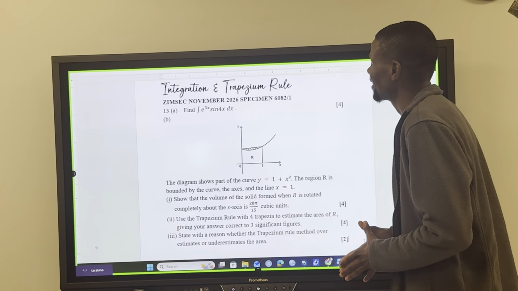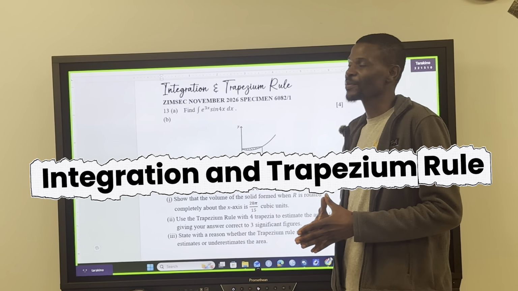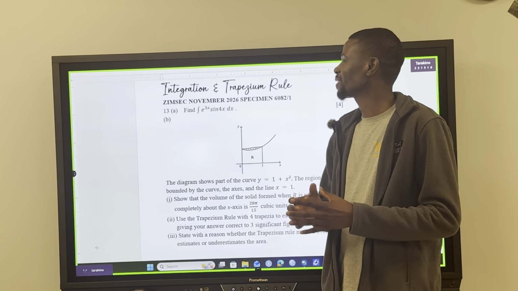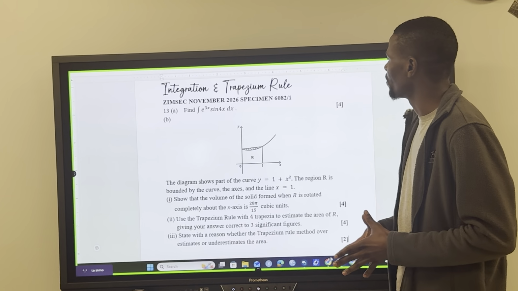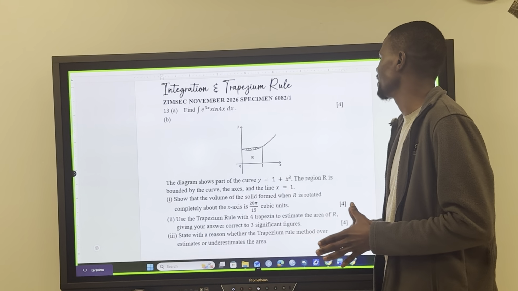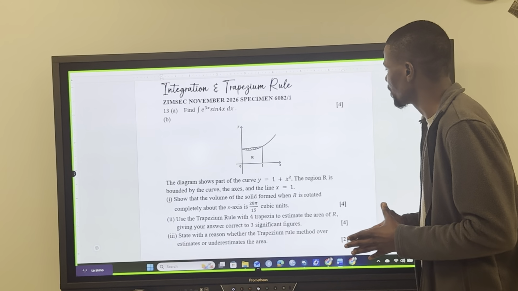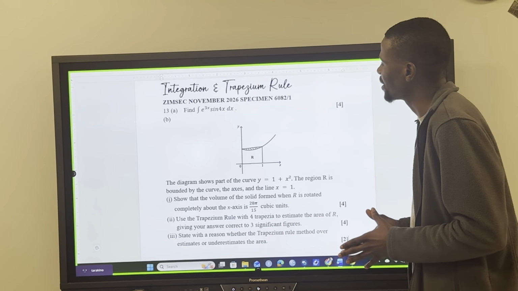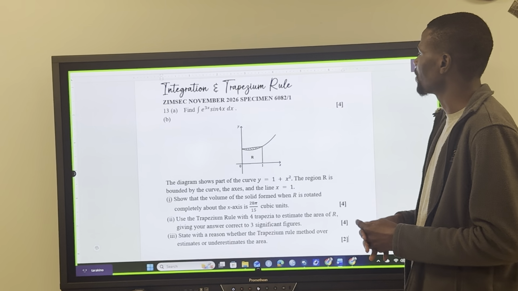So in today's lesson, we are working through a problem from the ZIMSEC November 2026 specimen paper 6082-1. This question combines standard integration with the trapezium rule, and that's a typical examination combination which all learners must know. All right, this was number 13, and the question reads, item A, find the integral of e to the 3x